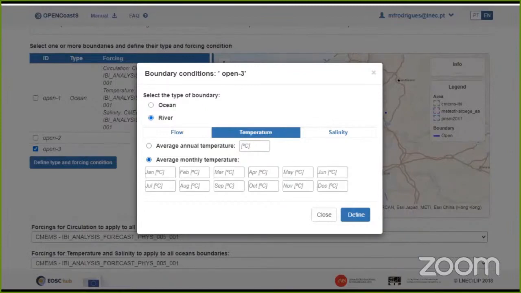I also need to set up the temperature boundary conditions, and in this case I'm going to use a monthly climatology, so I need to input here the values for each month, and I'm doing that right now, as you can see.